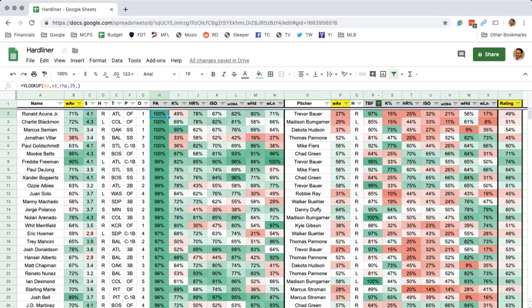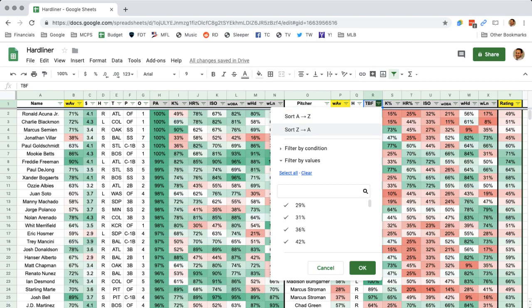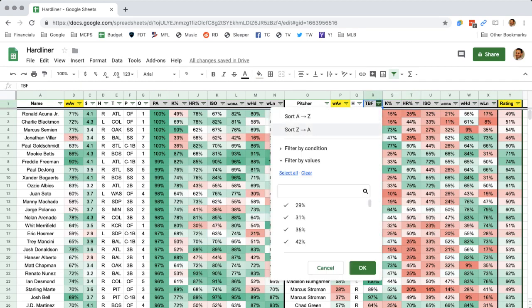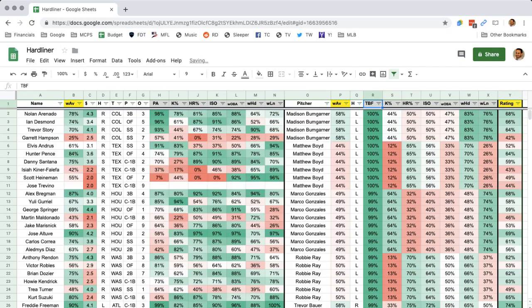On the other hand, you have total batters faced. Same deal. It's kind of like plate appearances for pitchers. Madison Bumgarner is in the 100th percentile. Matthew Boyd, 100th percentile against right-handed batters. So whatever you're seeing in the columns that follow, there's a pretty good chance you can really lean heavily on, again, because the sample size is big, because they faced a lot of batters.